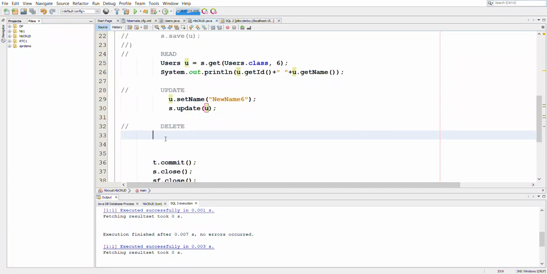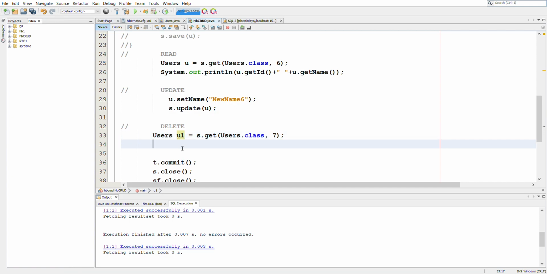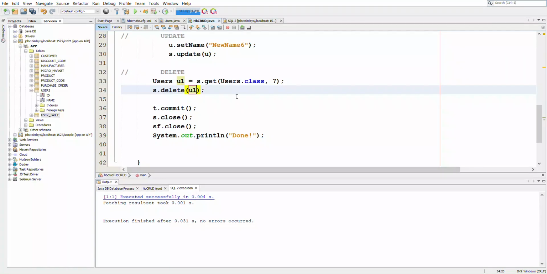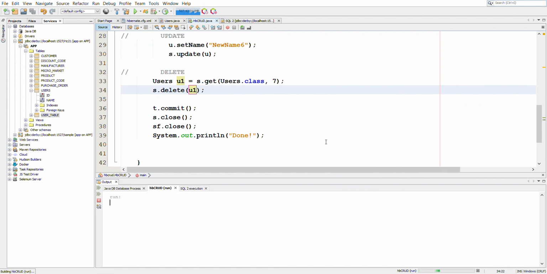Now to delete some row from the table, we will first fetch that row or fetch that object from the table in the same code. So let's say we are fetching user ID 7, and to delete this, we will use the delete method of session, that is session.delete(u1). So when we run this code,